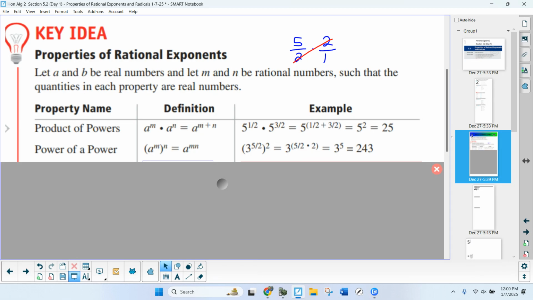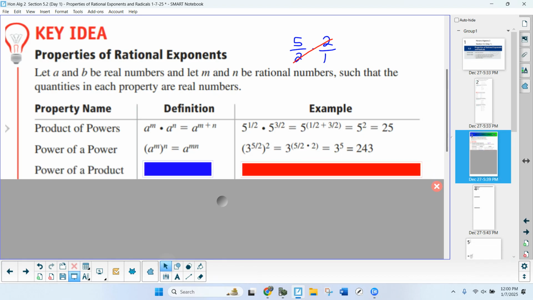Next one is power of a product. If you have A times B to the n, it does not work if you have plus or minus. If you have plus or minus, you have to FOIL it out that many times. But if we have A times B to the m, what do you do with the m? Distribute it or share it with both of those. A to the m times B to the m. So that outside exponent goes to both the A and to the B. Again, that only works with multiplication,